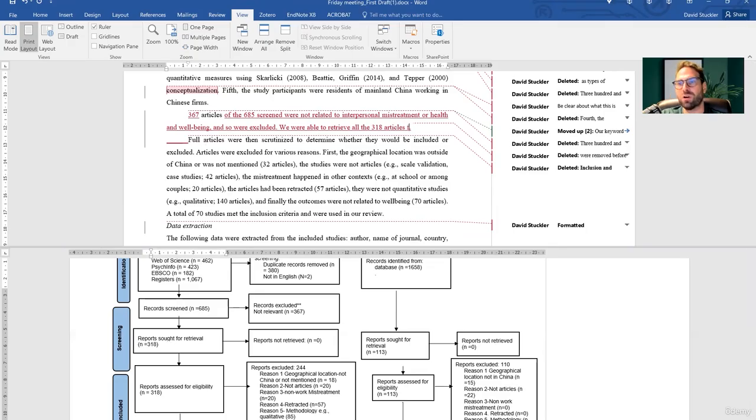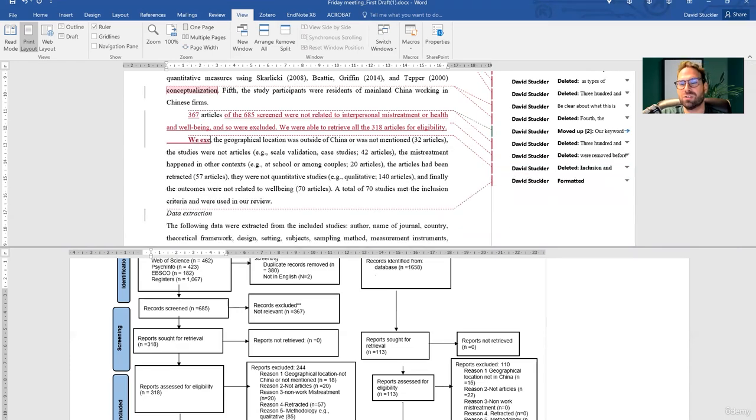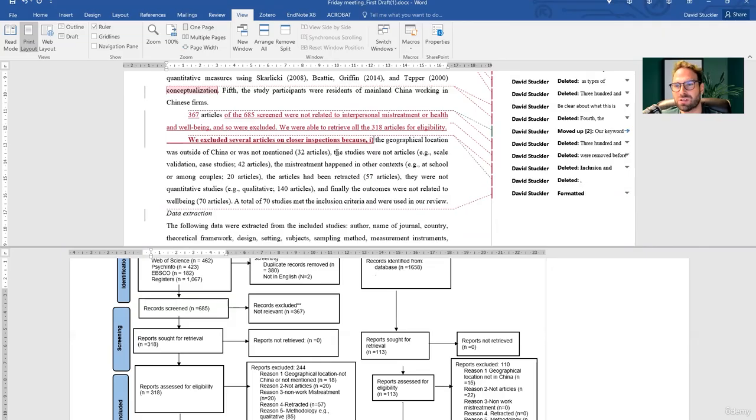To fill out for eligibility. We excluded several articles on closer inspection because one that so you've already listed these criteria, so don't have to list them again. And usually the way you do this is just n equals 32.